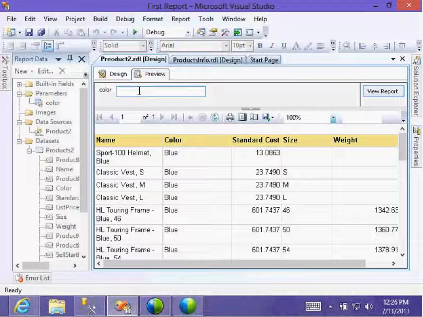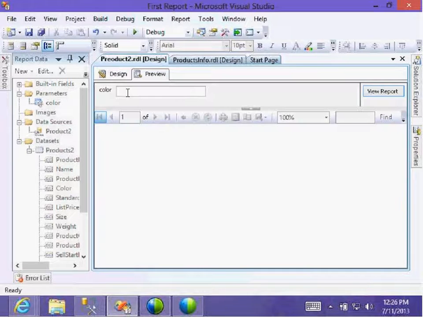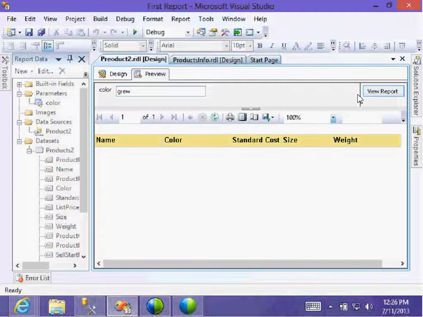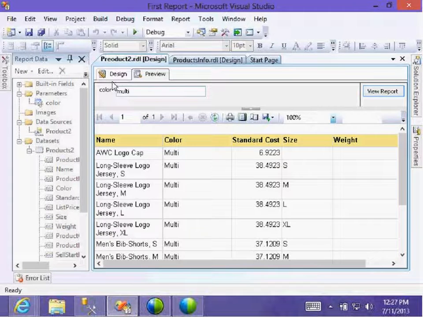Okay. How to apply the reports first. Let us know the report. Okay. Then great. All colors are there. I need to remember all.